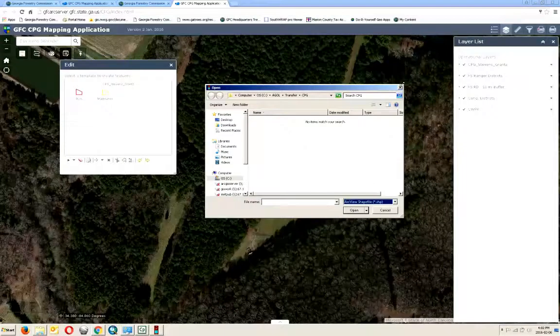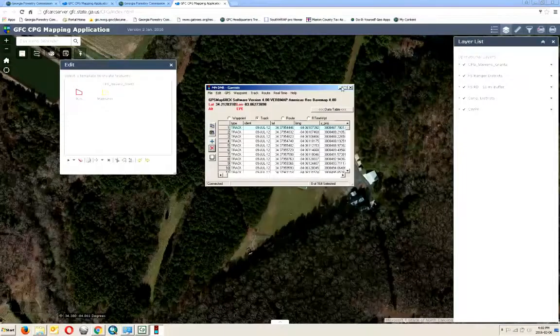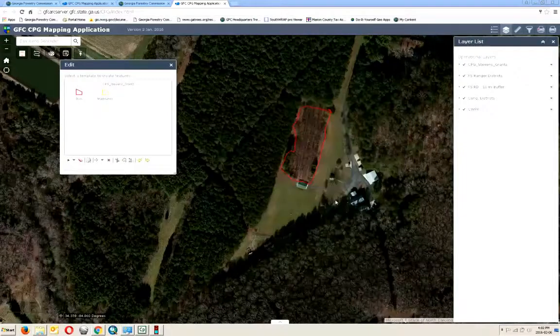So that's all there is to that. Let's go through this same procedure with the 62. The download is a little bit different, but if you know how to download to shapefile, then you pretty much have the process to get this one. So I've just plugged in a 62 GPS unit,